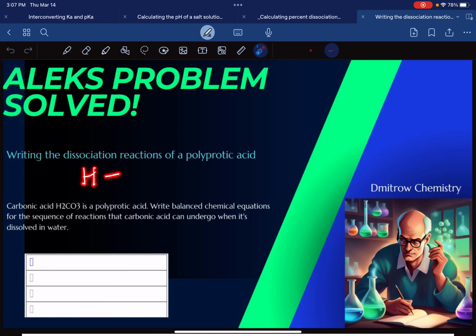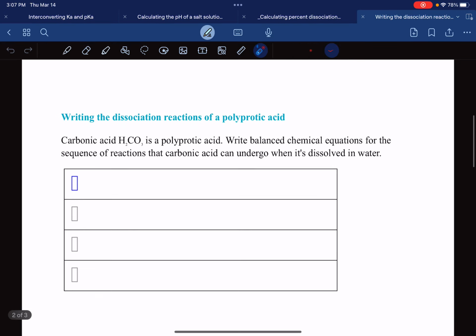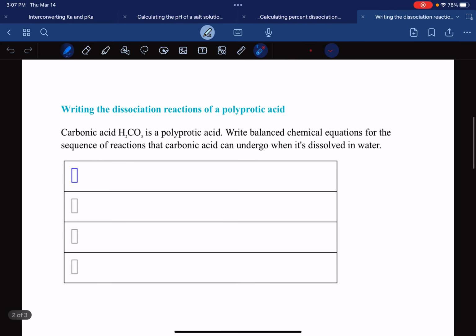a time. So the first hydrogen is going to go, and the way we keep our problems from becoming insane is we do all of our math with getting rid of the first hydrogen completely before the second hydrogen starts to leave, because that would make our problems really challenging. Now, they ask us in this problem just to write the balanced chemical equations for the sequence of reactions, and I love how they give us four spaces here, but in reality, there's just two hydrogens we have to